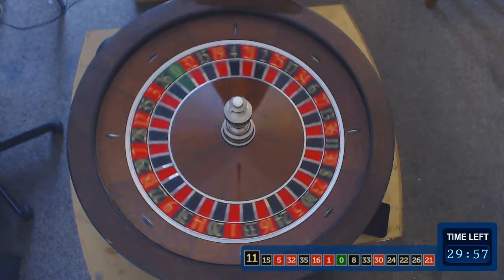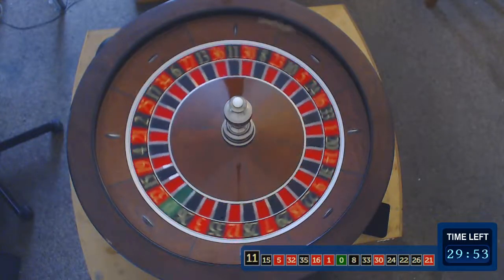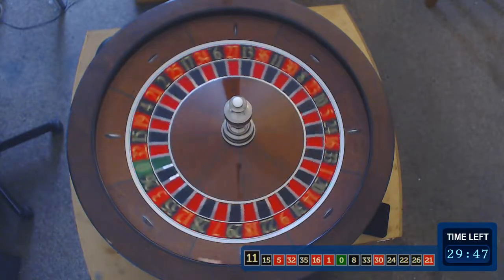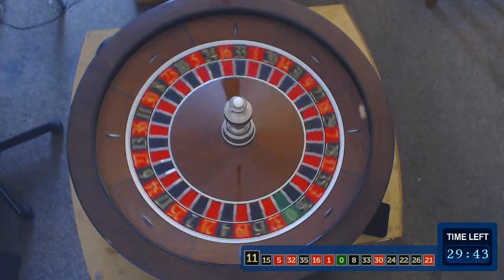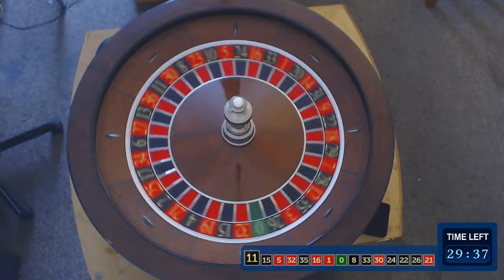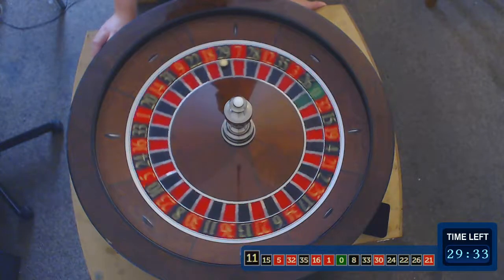Spinning from 11. Now, you might need to bear with me in the first little part of this because I feel like going on a bit of a rant. A lot of videos on YouTube accuse some of the TV casinos, and online casinos specifically, of using magnets to fix the wheel. In UK-based casinos at least, I can almost certainly guarantee that is not the case,